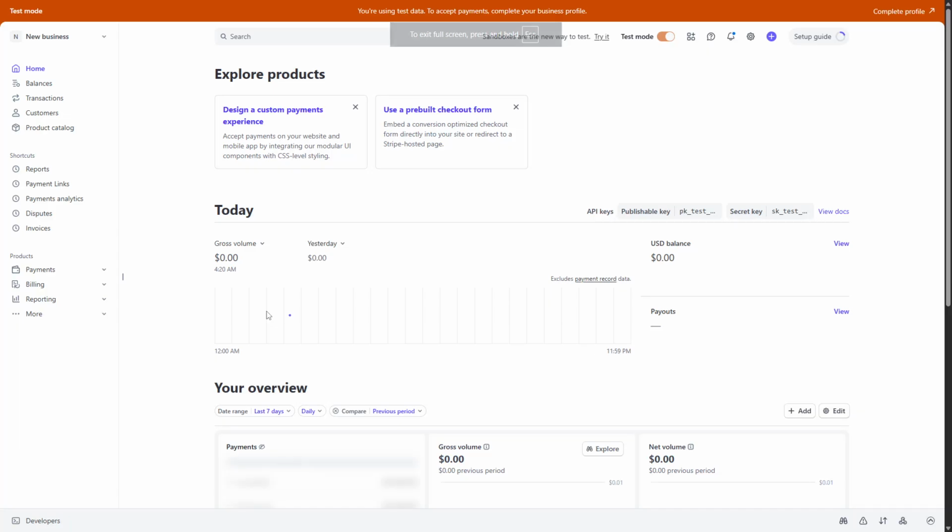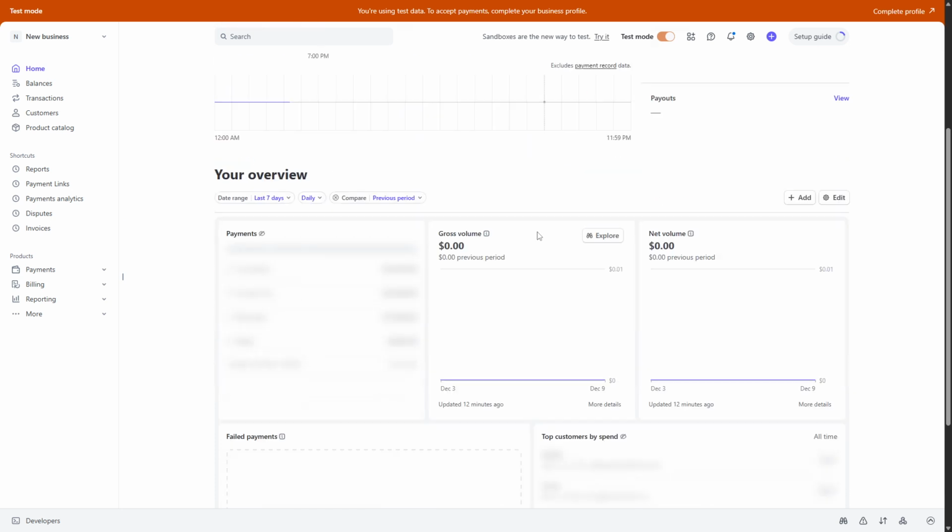In today's video, I'm going to teach you how to fund a Stripe account. Start by signing in to your Stripe dashboard with your regular credentials. Make sure you're using a secure device and network, and confirm you're on Stripe's official site. Once you're logged in, take a moment to orient yourself with the layout so you can move confidently to the